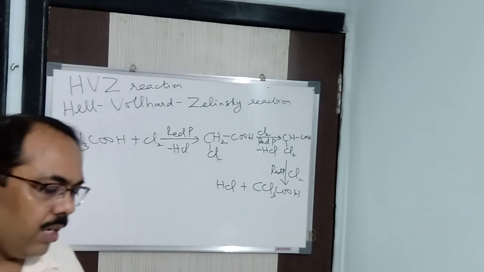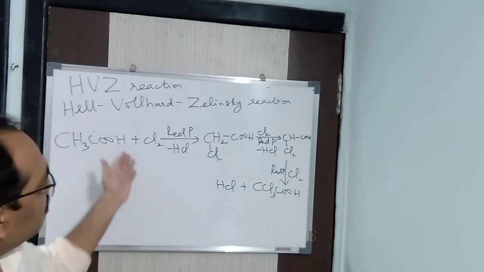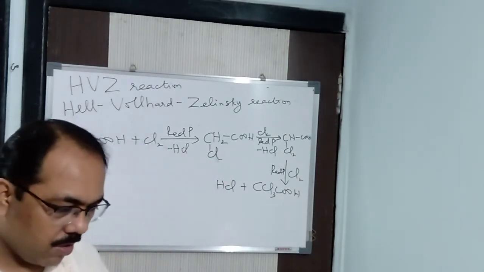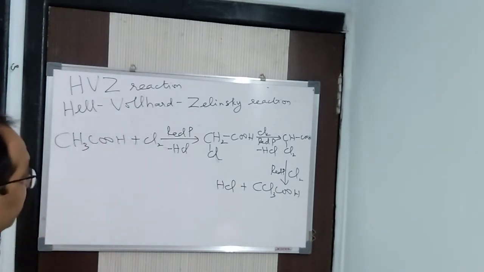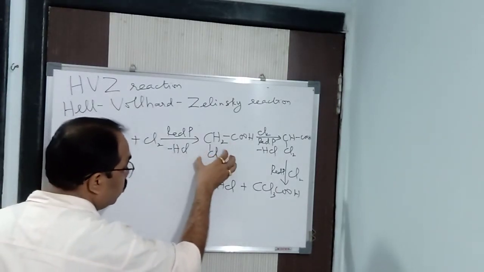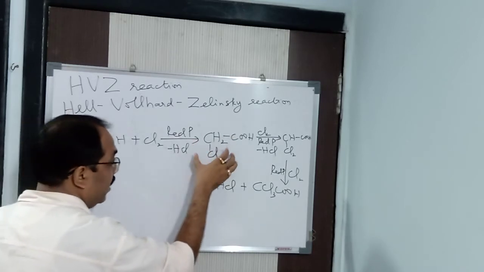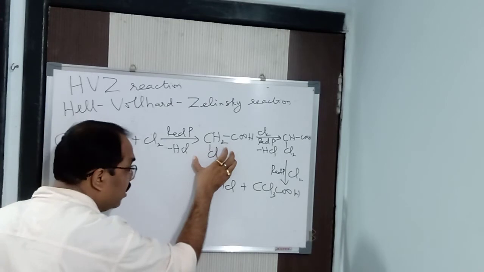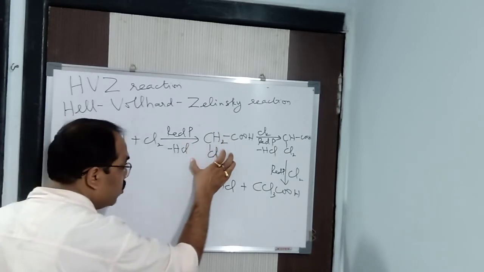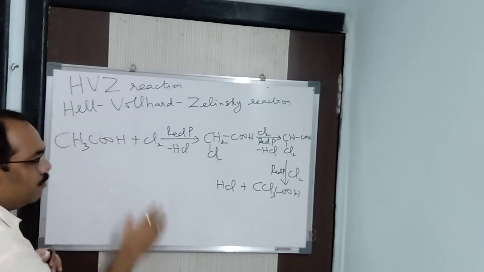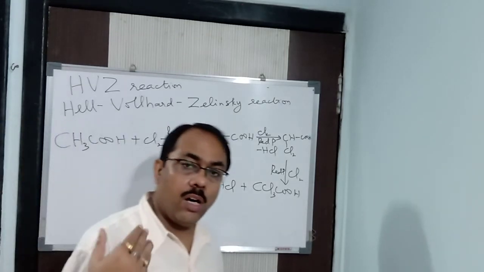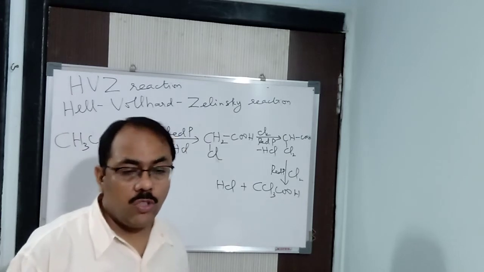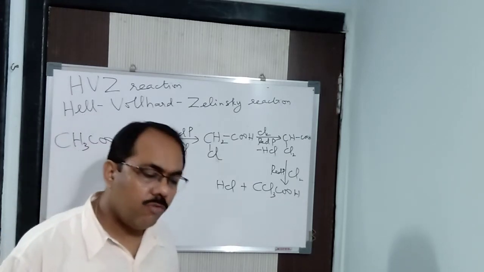Now, in this way, you got this particular one. See, the reaction is very easy. Very simple it is. But the application is important. What is the application? You can replace this Cl by OH group. You can replace by NH2 group, amino. You can replace by CN group. You can replace by COOH group. That means you can convert a carboxylic acid to a cyano compound, to another hydroxy compound. You can convert to another amino compound. Whatever you like, you can do it.